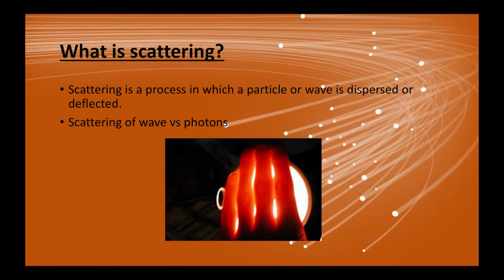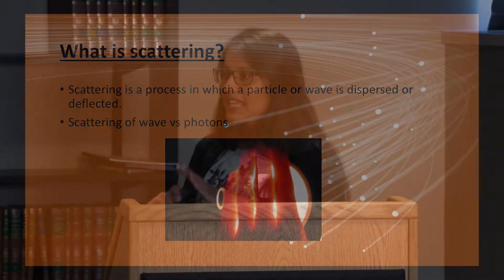But now that I have single photons, let's talk about scattering. What is scattering? Scattering is when a wave or a particle is dispersed or deflected. Now, if you were like me and played with torchlights as a kid, I used to put torchlights under my hands, and I thought it was cool. I still think it's cool because I know what's happening. What's actually happening is that light is going through our tissues and it's scattering. That's why we see this beautiful thing. Amazing phenomenon. I think it's cool. But so that's scattering.